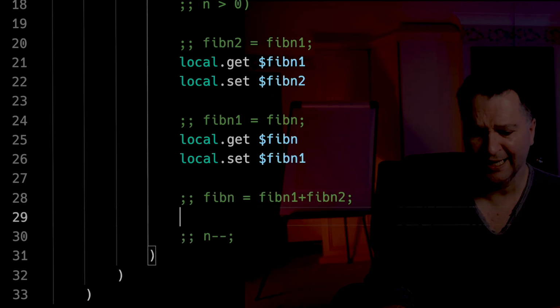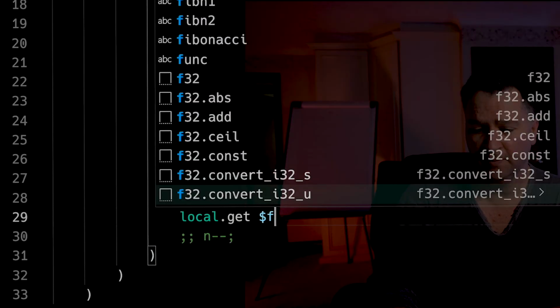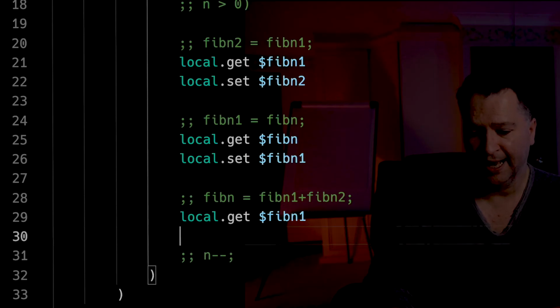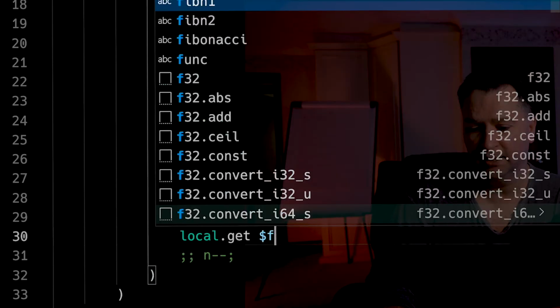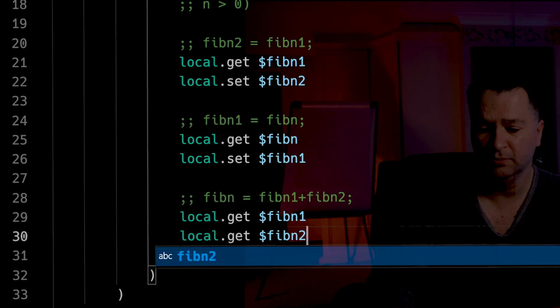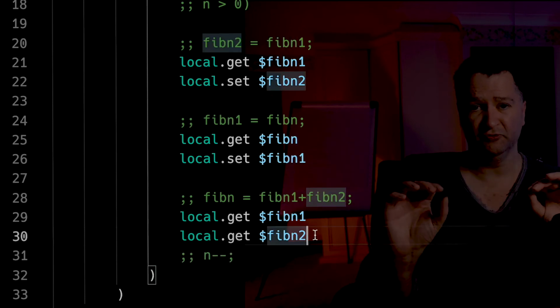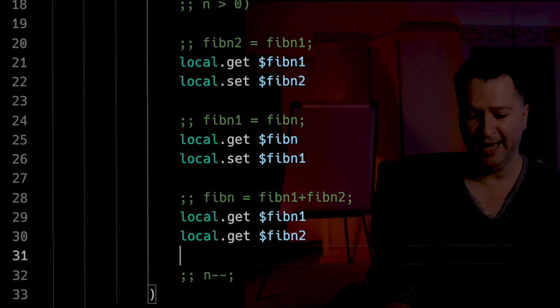So in this case, what I would need to do is a local.get, because I want fib_n1 to be on the stack. So we'll do that. And then I'm going to do a local.get, and I want fib_n2. So fib_n2 would be on the stack. So I've now got two values on the stack, fib_n1 and fib_n2. And then I'm going to call